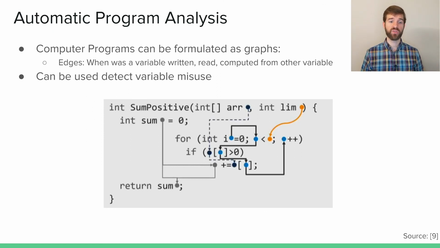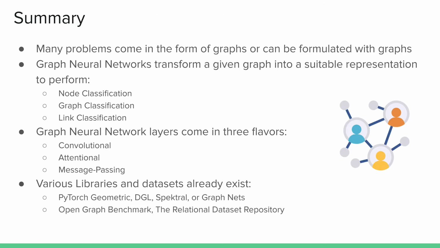Then we construct an edge in our graph between those parts in our tree. And then, for example, we can use this to detect variable misuse, where potentially the program might crash if we run it. Summing up, graph neural networks are particularly powerful because